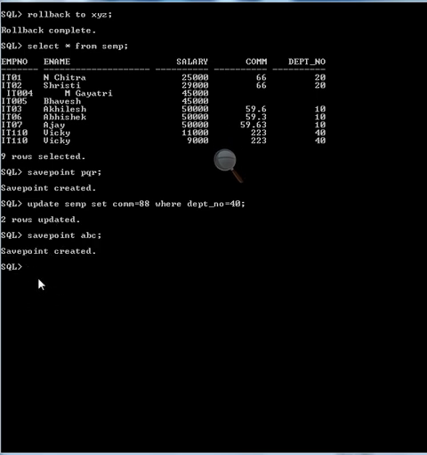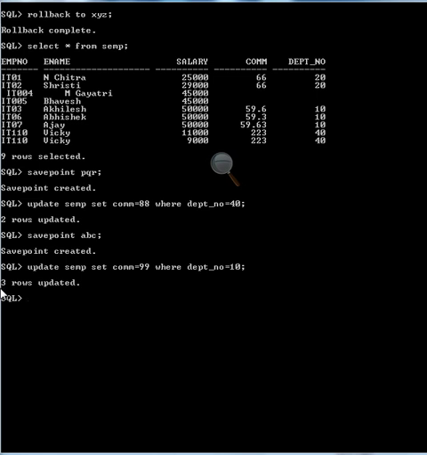Now give another update: set commission equals 99 where department number equals 10. So we have done some updates.